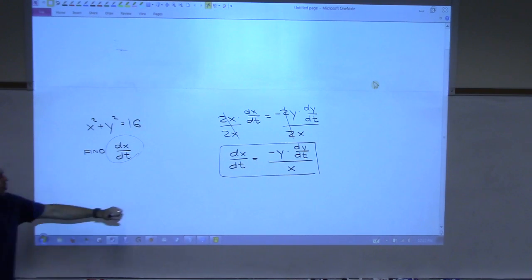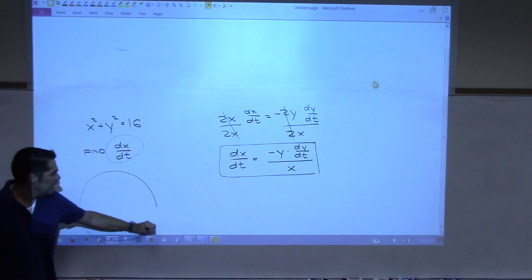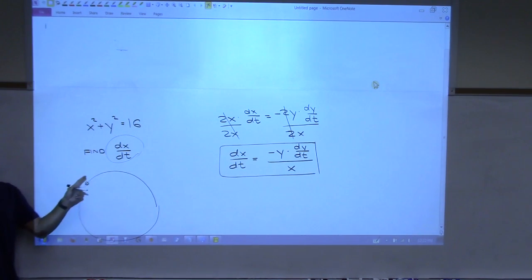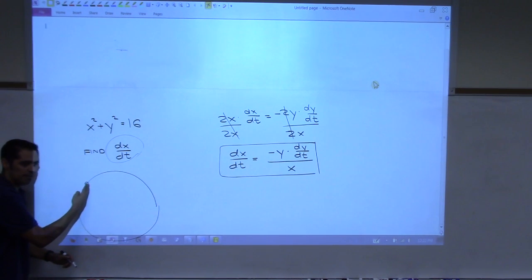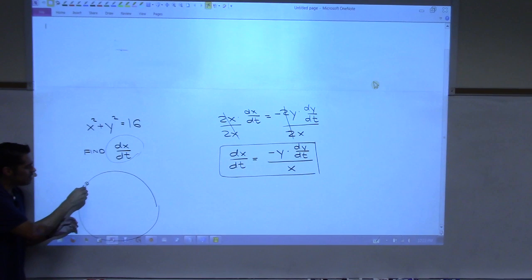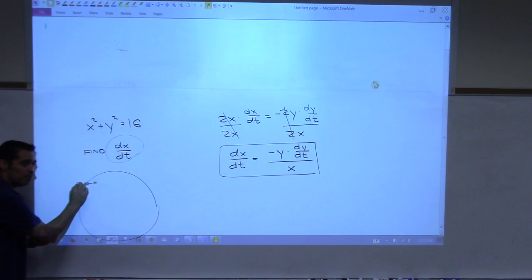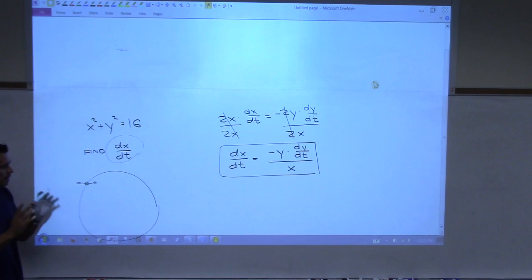So remember how I was drawing this circle? We started the clock and I started drawing the circle. And someone wants to know at a certain point how fast the x is changing with respect to time. Like how fast, x is left and right, yes? If I want to know how fast left or right that point is moving at a specific point in time, an instant, to know how fast it's moving just left or right with respect to the time means I would